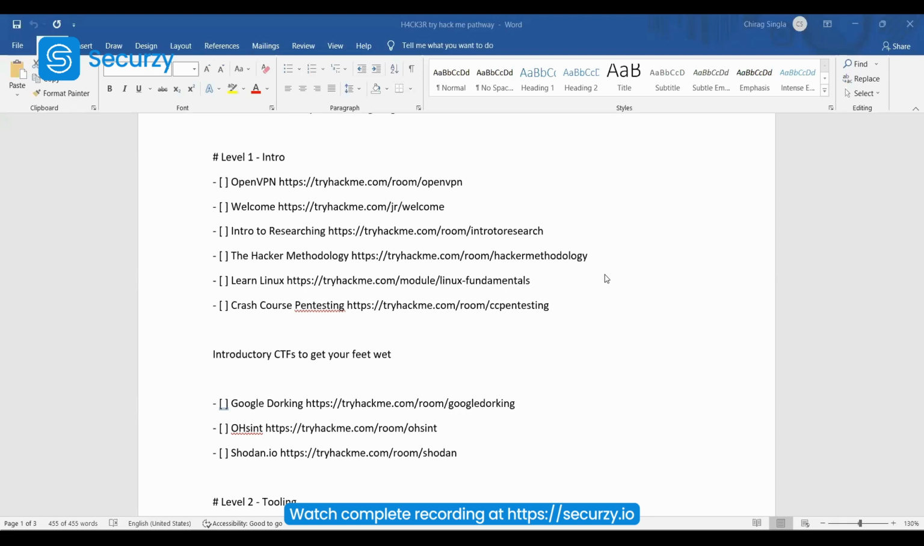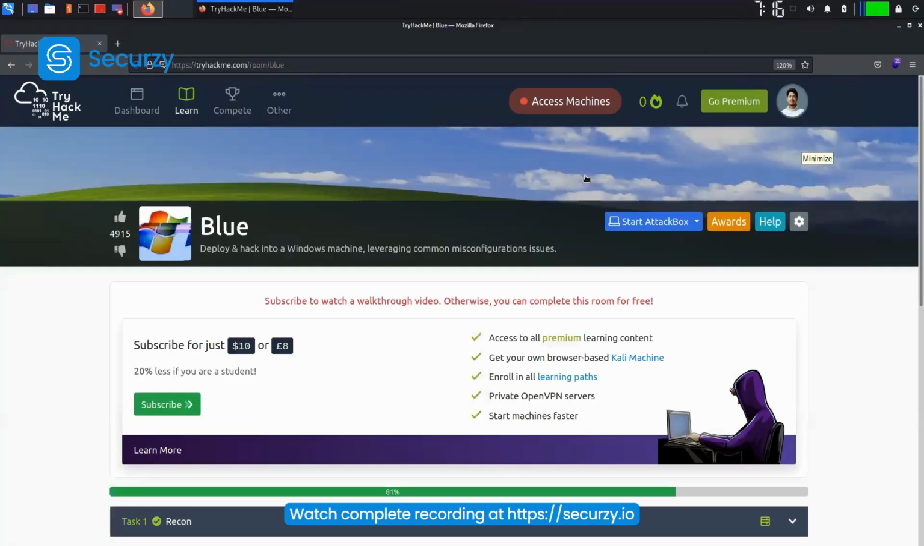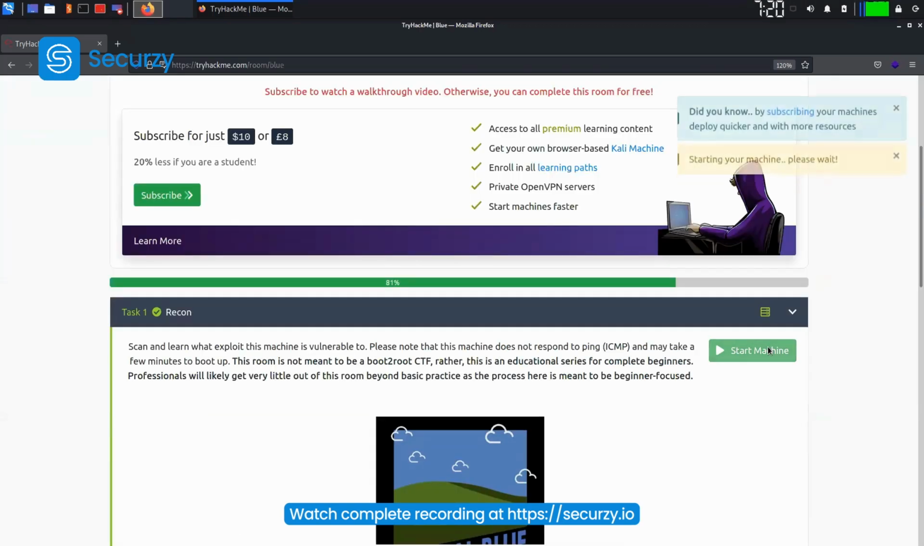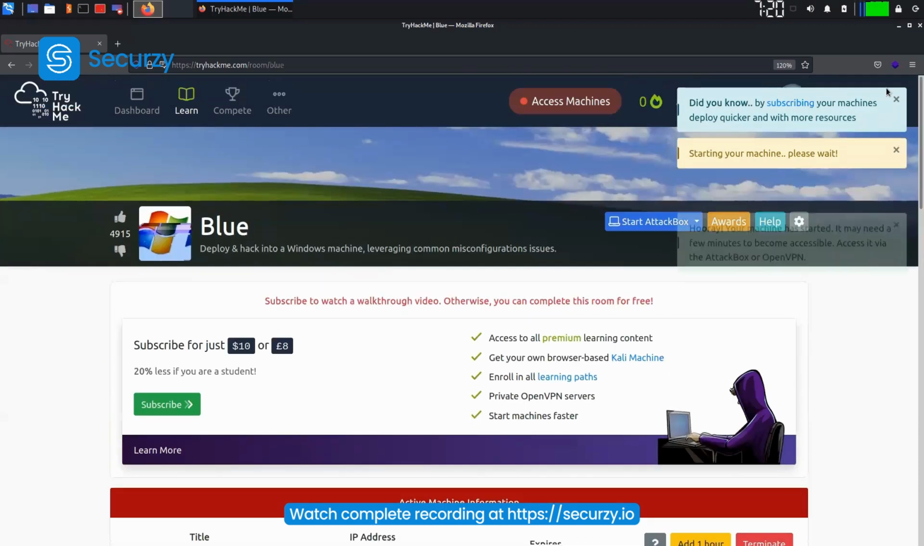The question here is: does this approach really work? The answer is yes, this approach really works. This platform is like here learn, compete, and other. We are going to do Blue. The vulnerability was of the SMB servers, the Eternal Blue. The SMB version 1 has the vulnerability called Eternal Blue. So I am going to start this machine, let the machine start, and let me connect to the network